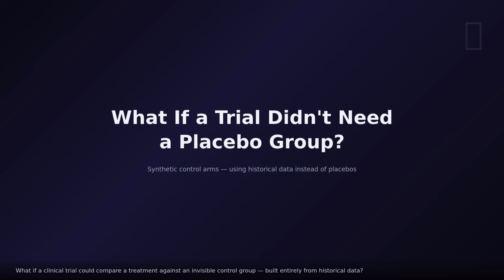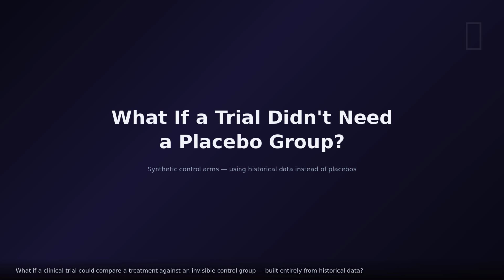Imagine you are developing a drug for a rare disease that affects only 50 children worldwide. A traditional clinical trial would require you to enroll about 50 patients, but you would need to randomize half of them to receive a placebo, meaning 25 children would receive no treatment for a fatal condition. That is ethically impossible. But what if you could compare your treatment against an invisible control group built entirely from